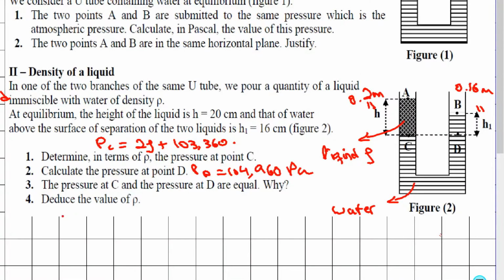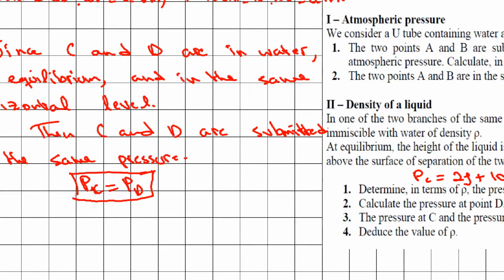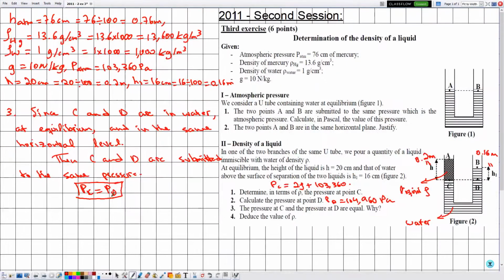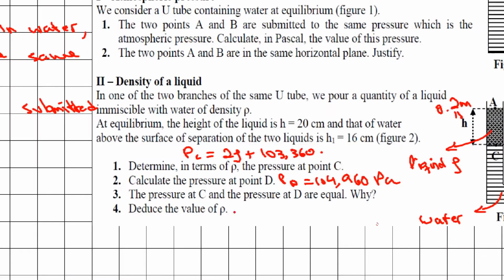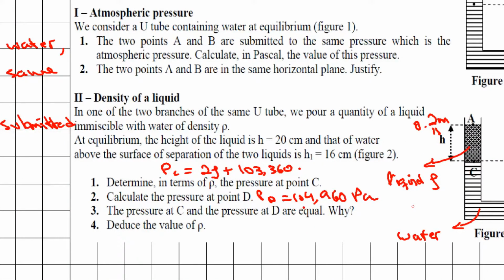Now in number 4, they are telling us to deduce the value of rho. What does rho represent? It's the density of this liquid, and by deduce it means that we need to use the previous part. In the previous part, we have determined a relation between the pressures at the points C and D. So for sure we need to use this equality in order to determine the value of rho, knowing that the pressure at the point C is given by 2 rho plus 103,360, which is equal to the pressure at the point D, and its numerical value is given by